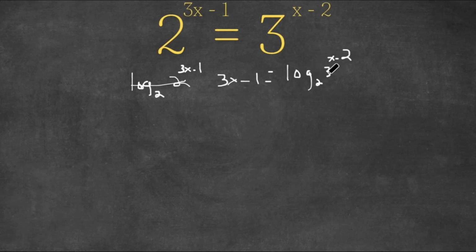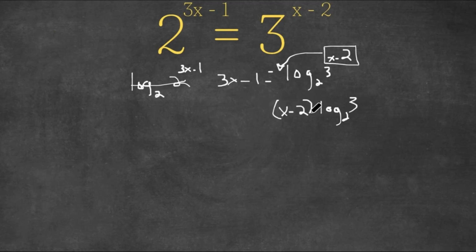Alright, so now we're going to use an important property of logarithms, and that is the power property. And that states that if we have a power here, we could go ahead and move this in front of the logarithm. So this would be x minus 2 times log subscript 2 of 3. And I'm going to put parentheses over here. So this is an important property of logarithms, and this still equals 3x